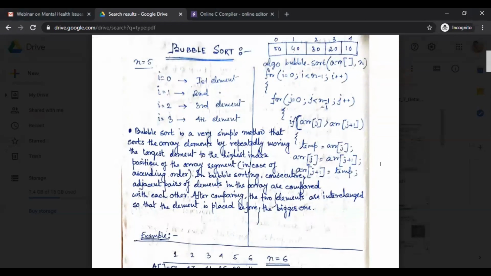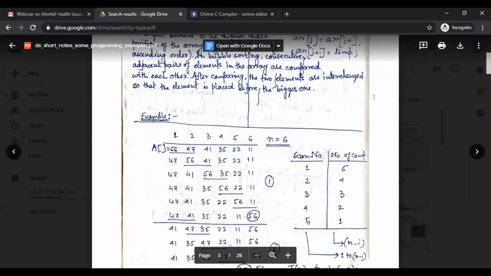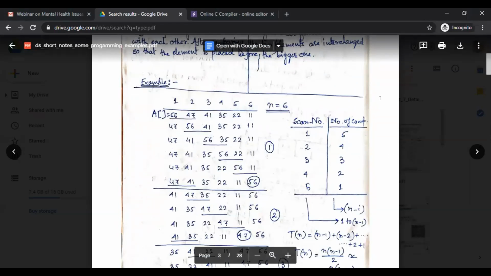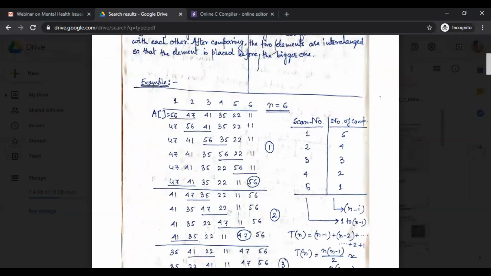Yes, ma'am. Okay, so bubble sort is a very simple thing. See the example first. There are 6 elements. First we discuss the example, then we talk about the algorithm, and after that the program.